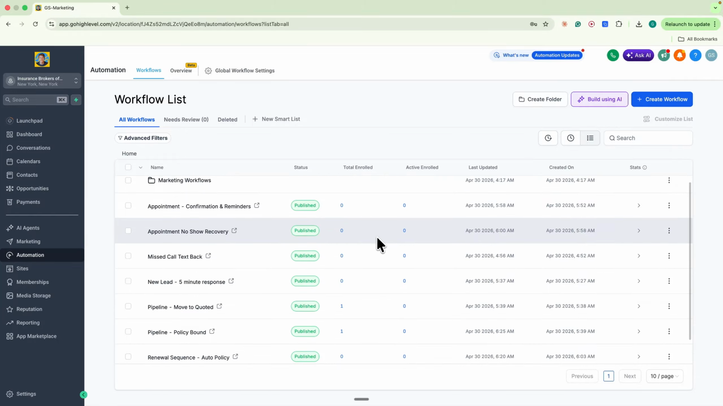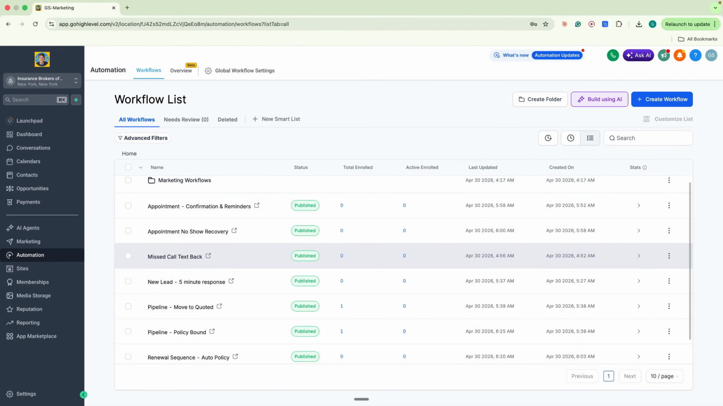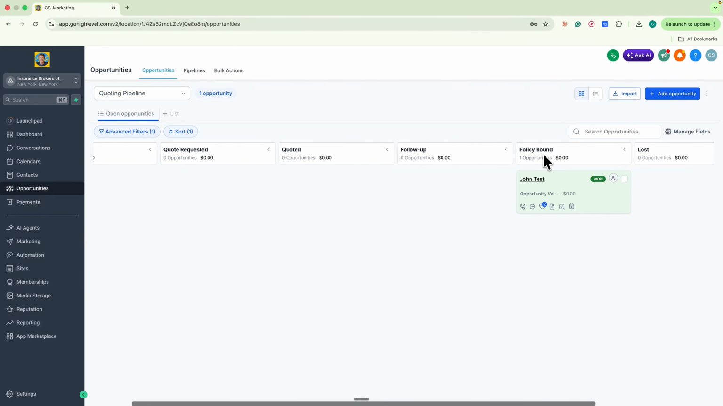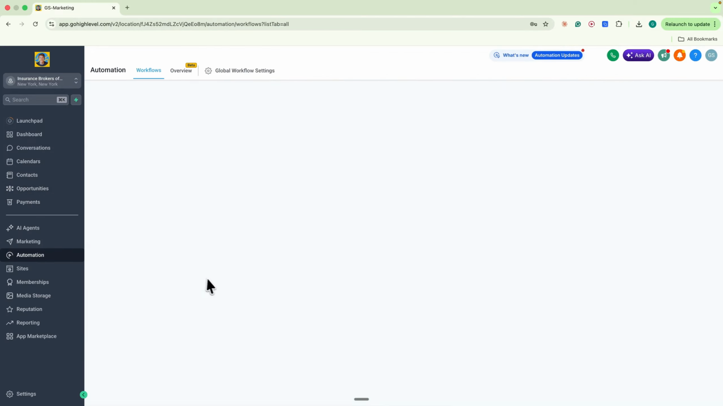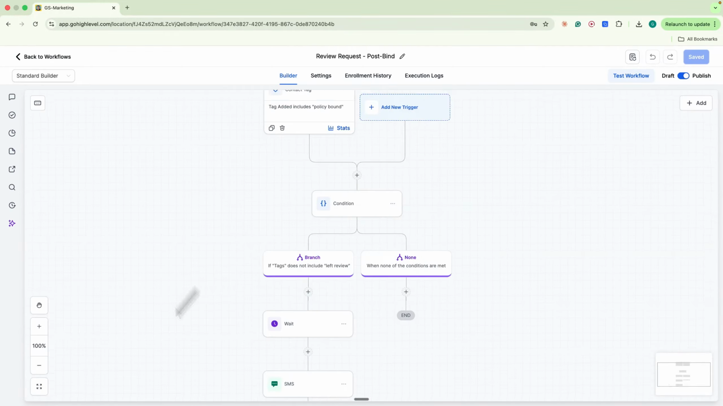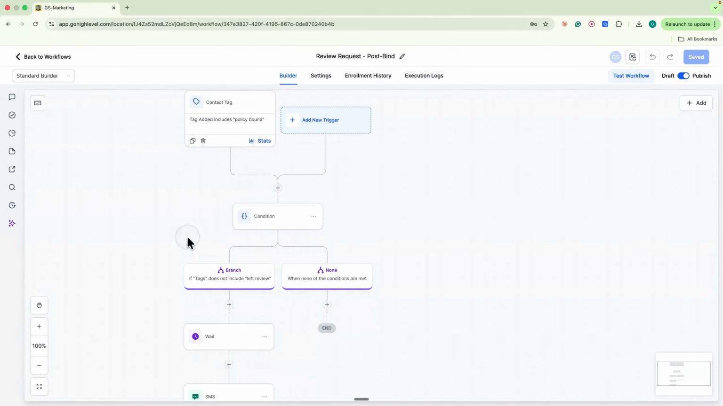Although you can also just do this manually if you don't have hundreds of clients coming in per week. Then another thing you can do with GoHighLevel, and this is the last point I want to touch upon, is review requests. So when a contact hits policy bound in your pipeline, which is in the custom pipeline I showed you earlier, right here, if they go into policy bound, an automation can run that sends them a review request. And I've again built an automation for this, so we can see that one right here listed as review request post bind. And with this one, when the tag added includes policy bound, a condition goes that says if tags